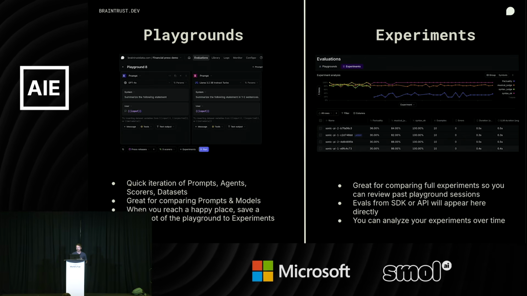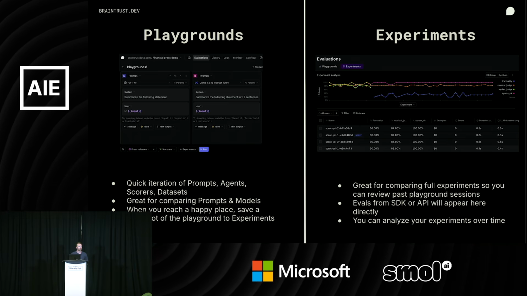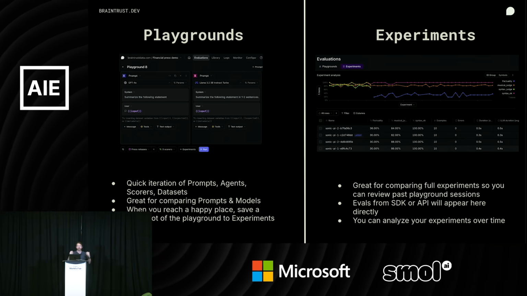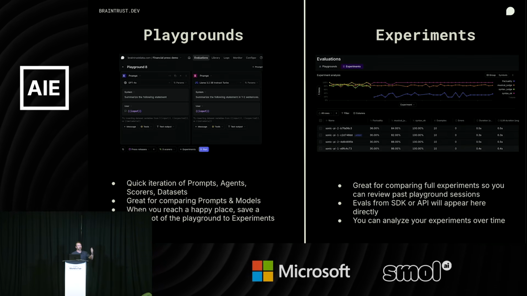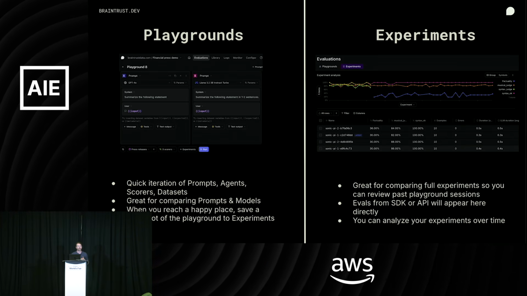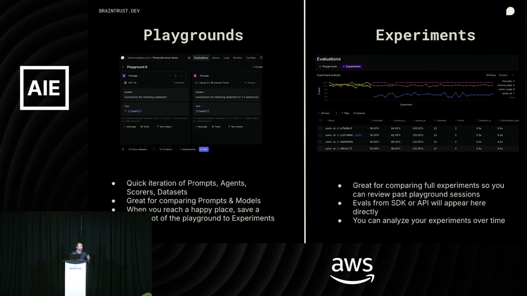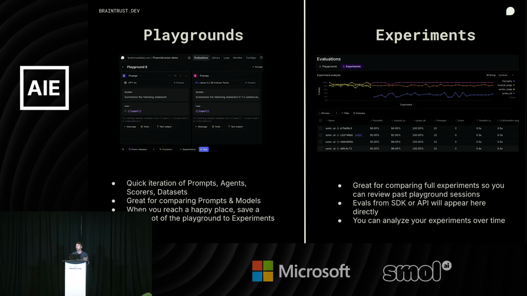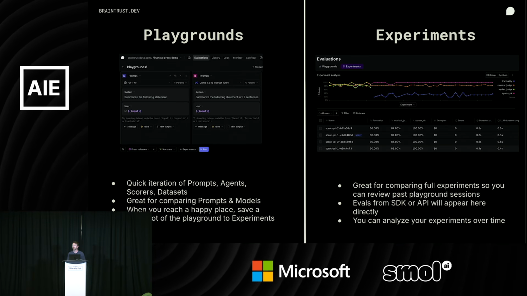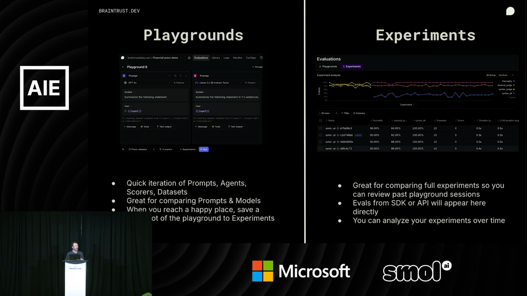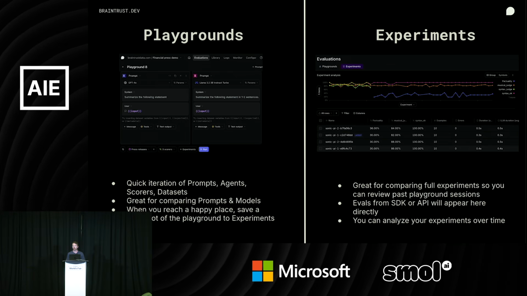A couple things here. Over on the left, we have our playgrounds. This is where we do that sort of rapid iteration, where we can pull in those prompts, we can pull in those agents, add our data sets, and add our scores. We can click run, and it'll go out and churn through that data set that we've defined, and will give you a sense for how well your task is performing against the data set with the scores that we define. But this is the place where developers, PMs, we even have a healthcare company that has doctors coming into the platform and interacting with the playground and even doing human review as well. Depends a little bit, obviously, on the organization.